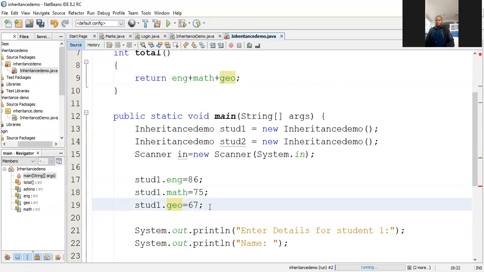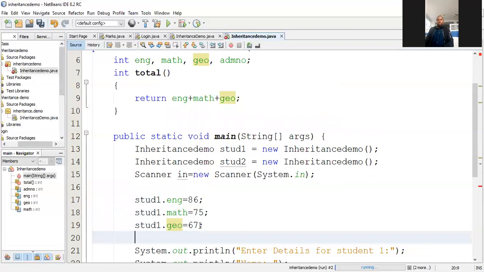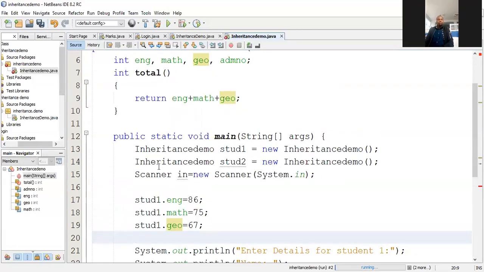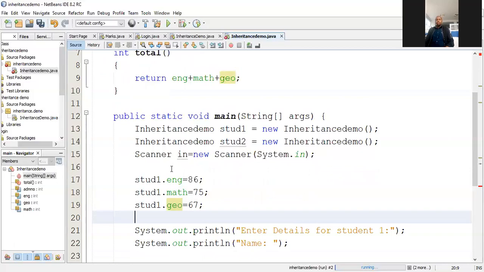Okay. And then look at what I'm going to do. Instead of saying student 1 dot total is equal to student 1 dot English plus student 1 dot Math plus student 1 dot Geo, that's a lot of code, a lot of words, a lot of coding, you basically call the method. How do you call the method? Very easy. You just use the